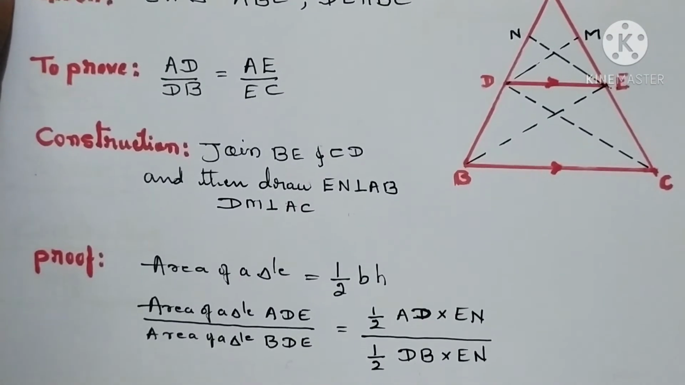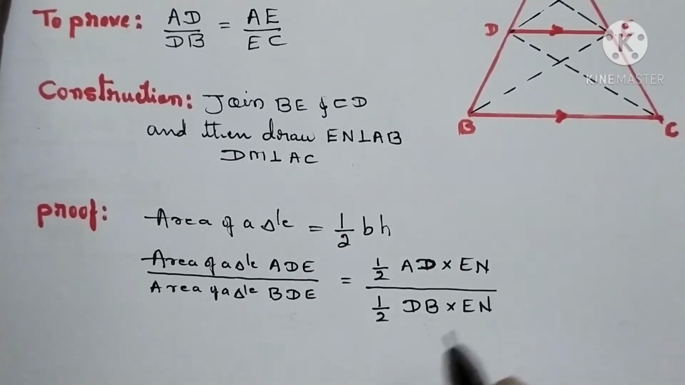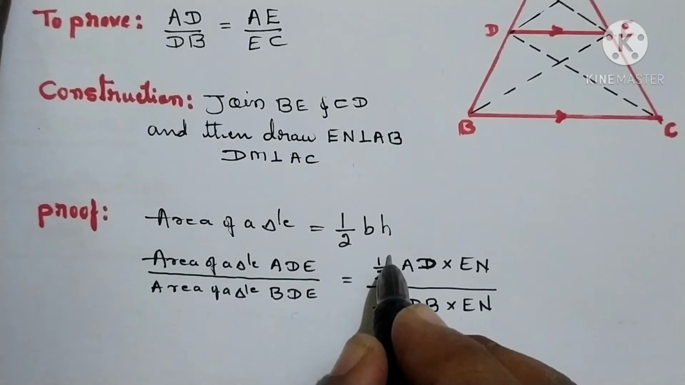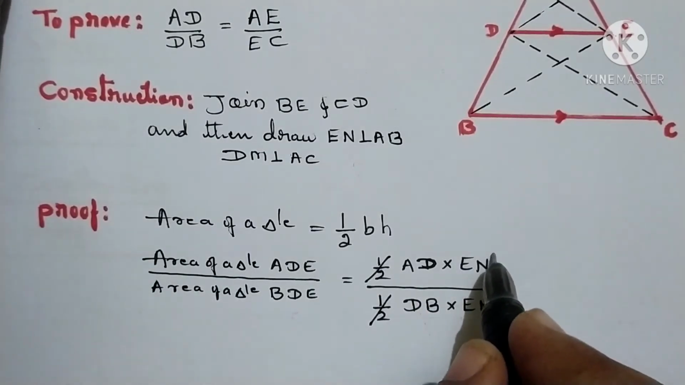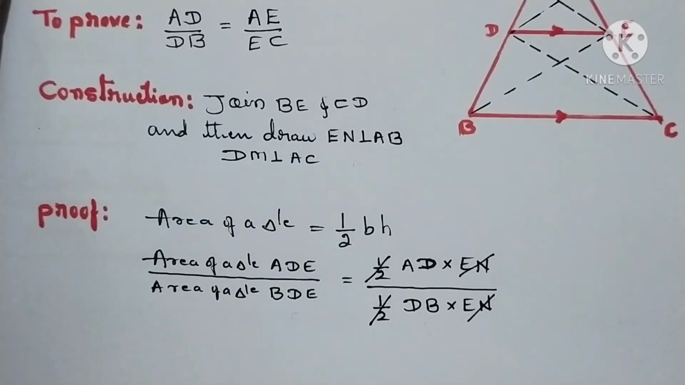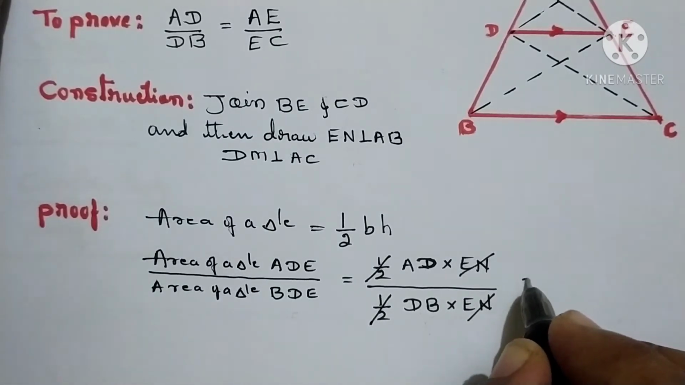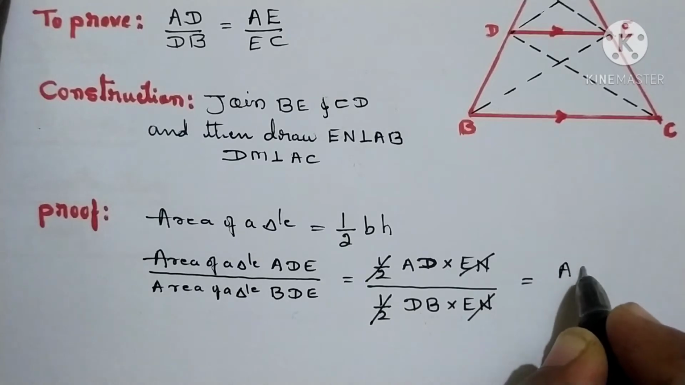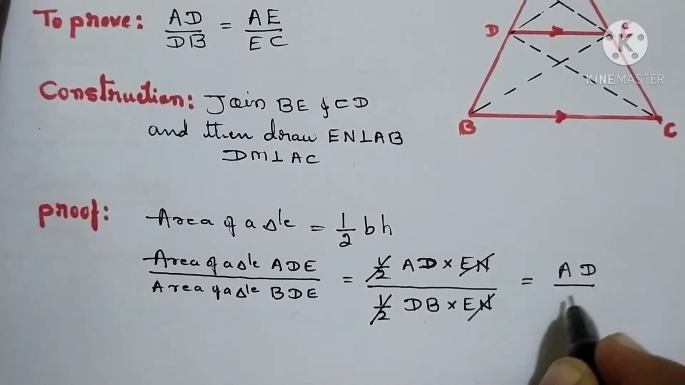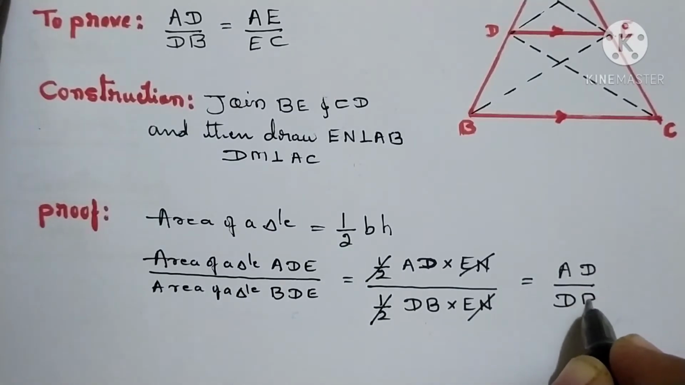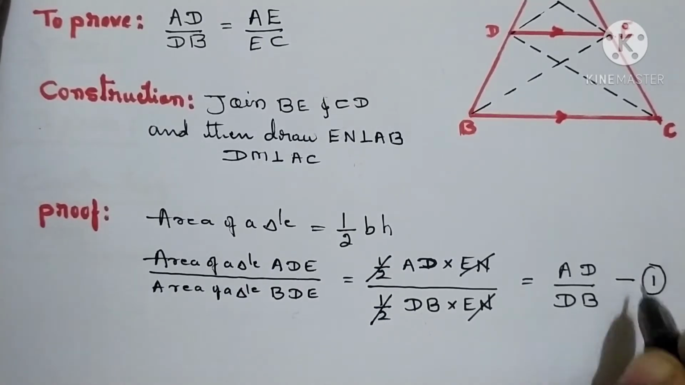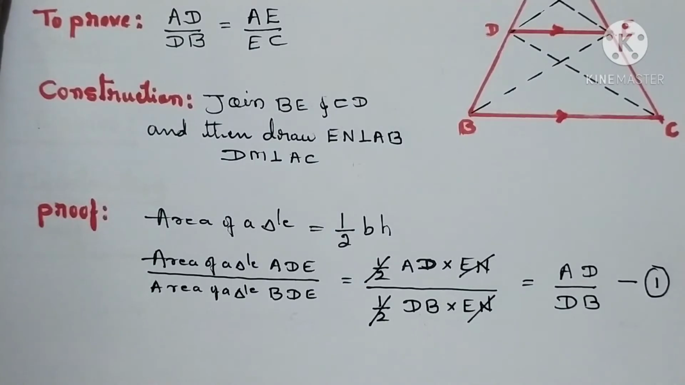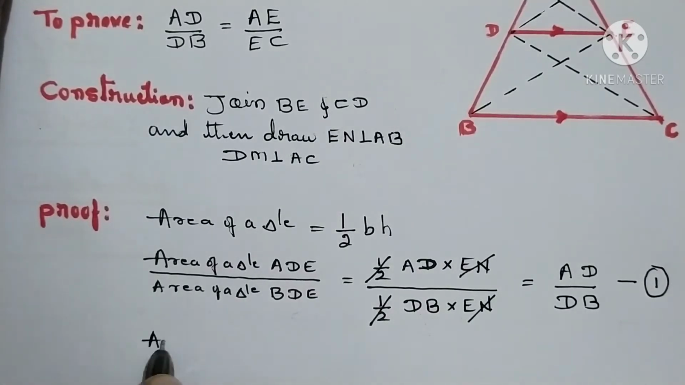So next point, here half cancels, then EN cancels. So this is equal to AD divided by DB. So this point you should write first. Next point, we will take area of a triangle